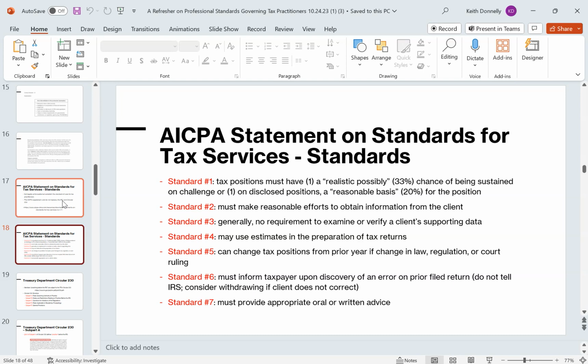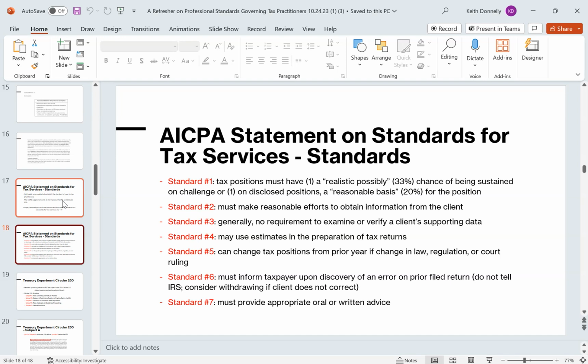So when they say a tax position, that's basically taking a stance on a tax return. Hey, we're going to take this deduction. Hey, we're going to report this income. It's basically doing something on the tax return. And if you take these actions, you take a tax position, you must have basically a 1 in 3 chance of believing, hey, if we get audited by the IRS, at least 1 in 3, we're going to win this thing, right? And that's on an undisclosed position. So you just file the return normally.